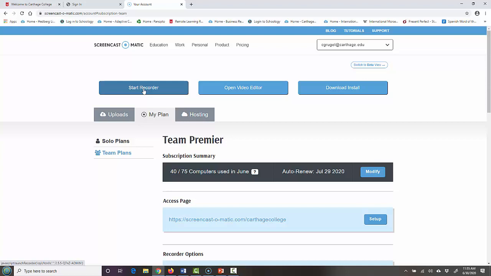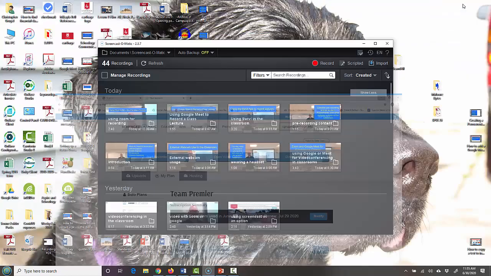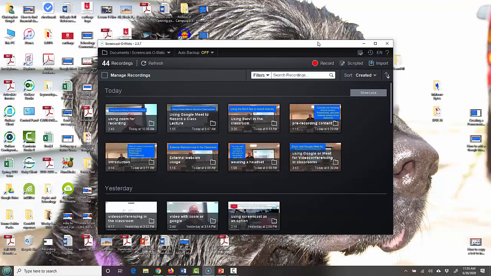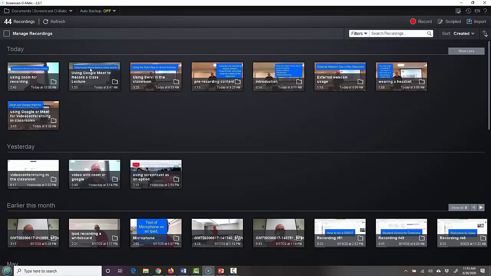So once it's installed, I'm going to show you a little bit of how you'd go about using it and a couple of quick editing features that you'd probably want to use. I'm going to go ahead and launch Screencast-O-Matic right now. What this brings up is a bunch of other content that I've recorded. Screencast-O-Matic is the tool that I use to record quite a few things, quite frankly, just because it makes it pretty easy. And if I just hit record on the upper right,